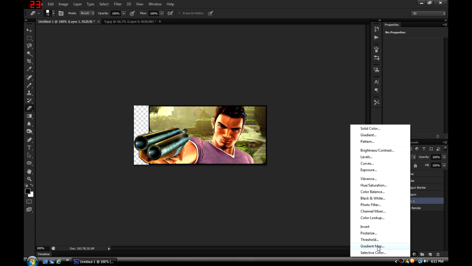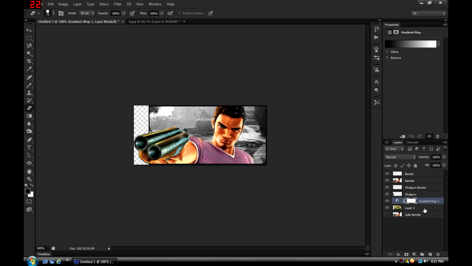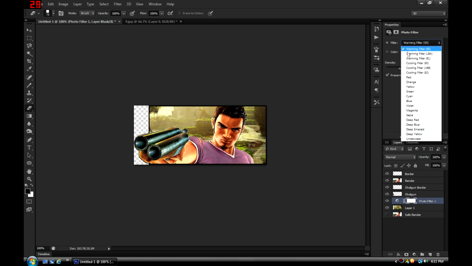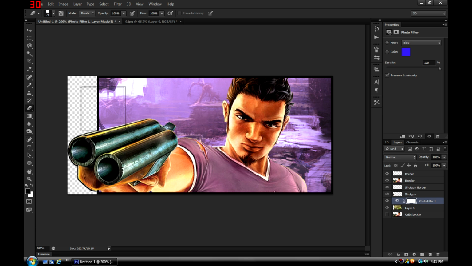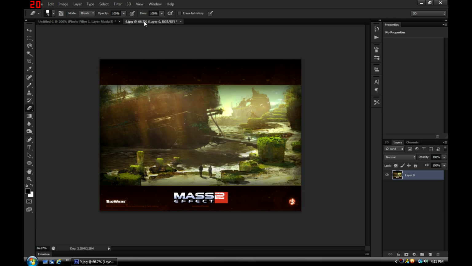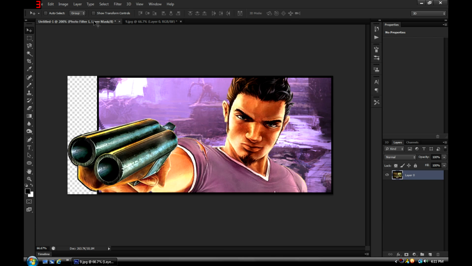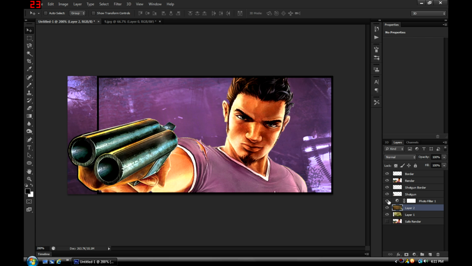Another thing to note is that when you apply gradient maps, actually a better example would be a photo filter. If you apply a photo filter, we'll go with a blue one and we'll make it really strong just for this example. You see how it is not applying the filter outside of this border here? If there is any part of anything that is even slightly left outside of the border, so just for an example, I'll drag another copy of this background in here, put it below this filter, hide the filter, and then just slightly erase. So let's say the opacity was only at 95 on your brush when you erased